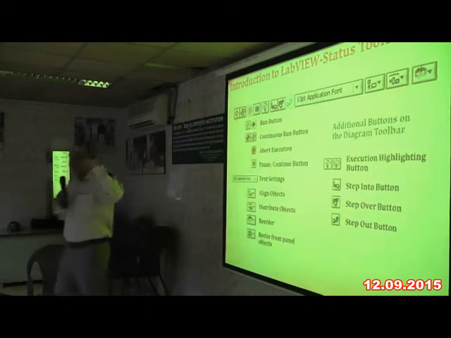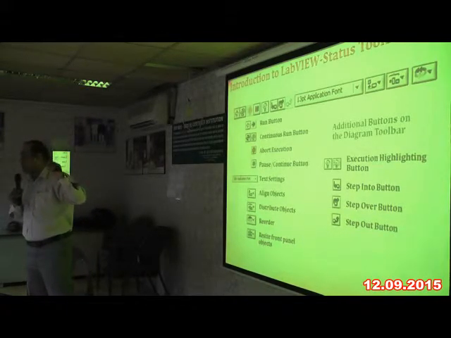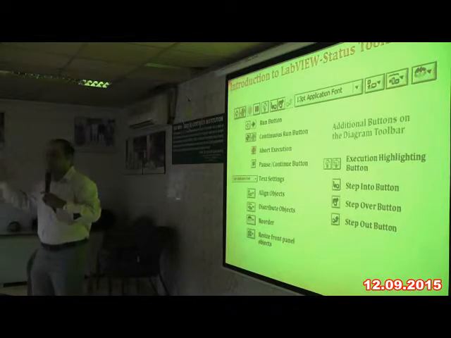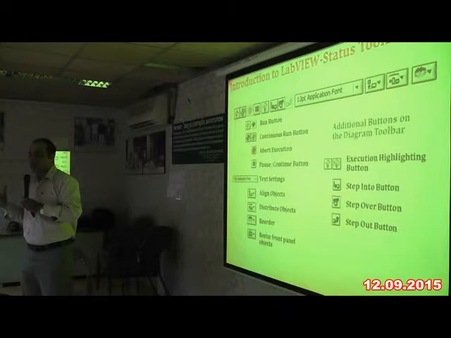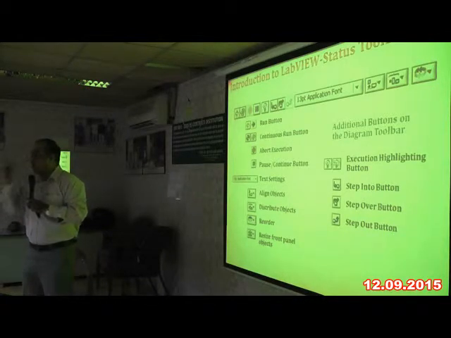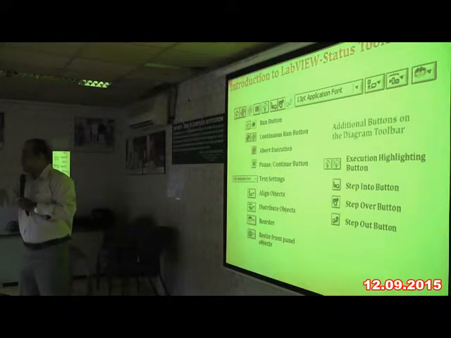Okay, so this is an excellent feature in our LabVIEW environment which is going to give execution highlighting. If I am going to build a big block diagram, or an instrument which is going to be very, very complex, then I need to know how my voltage is going to flow from one point to another, or how a current is going to flow from one point to another, and how the wave is going to change. If I give an input sine wave, after a particular block, how is it going to change?